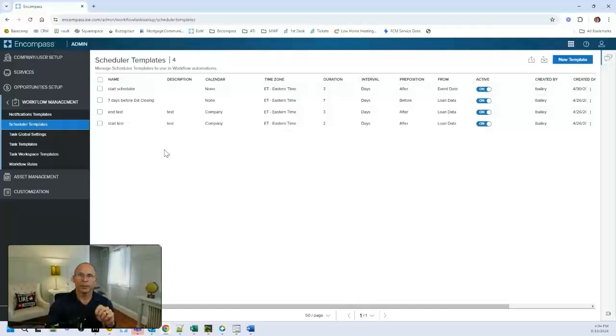I do want to bring up something really important in here. Scheduler templates allow you to create a clock. We know that Encompass Desktop doesn't know what today is. Historically, you've had to use third-party technologies to discover what today is, or even build third-party tech and sit it on a server or a machine outside of Encompass and always have it log in to tell the loan files what today is.